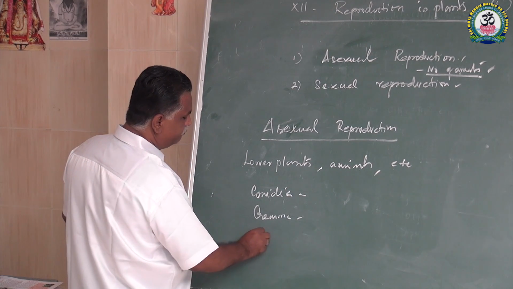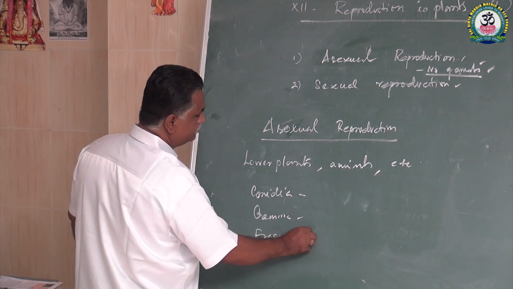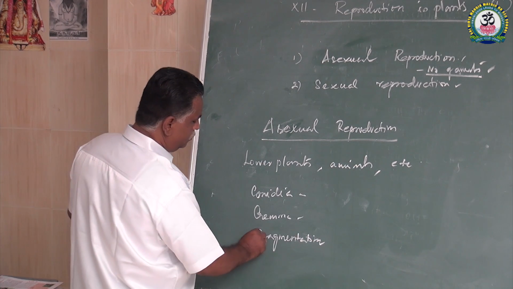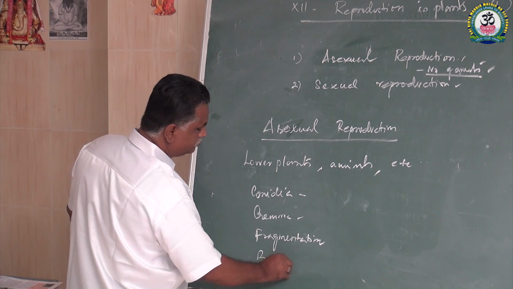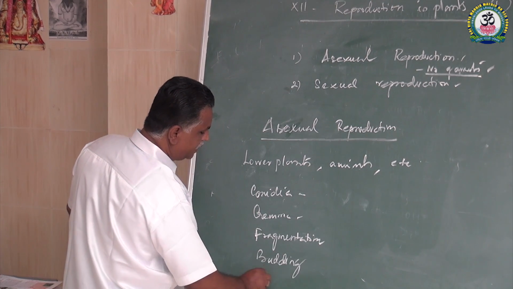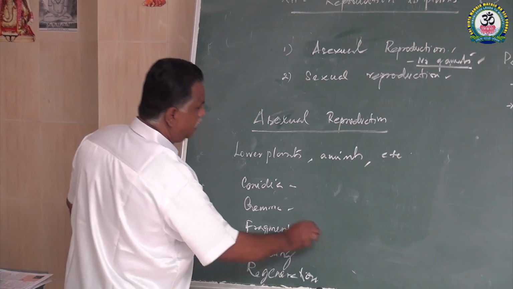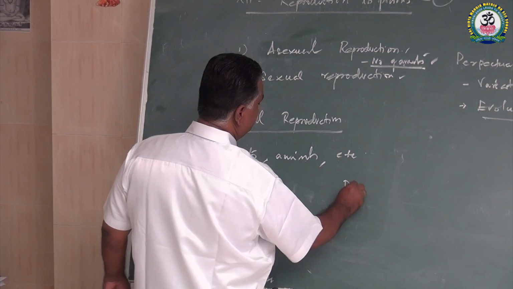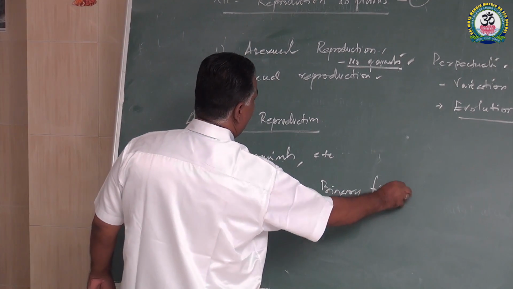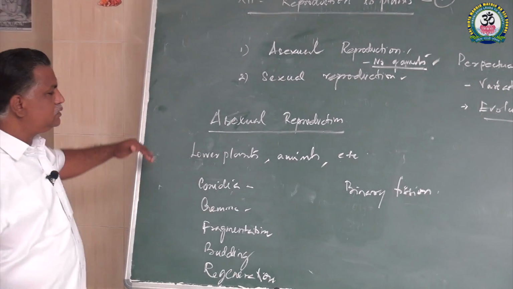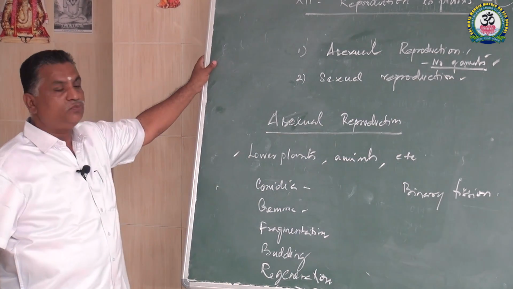Then the methods called fragmentation, budding, regeneration, and binary fission. These are the methods in lower plants and animals adopted by the organism to reproduce